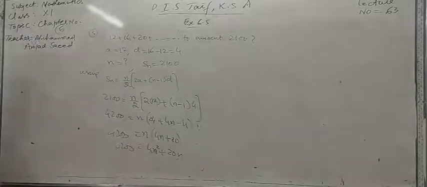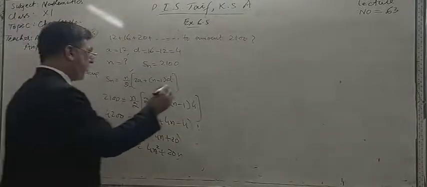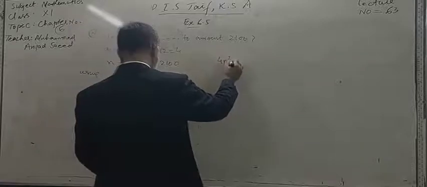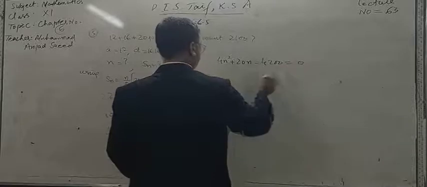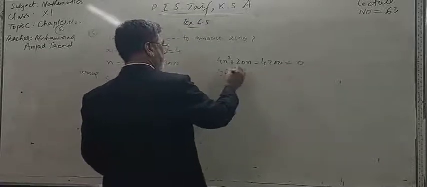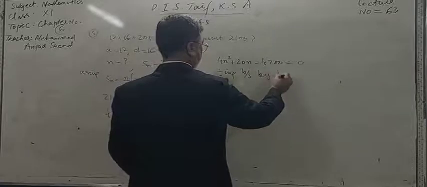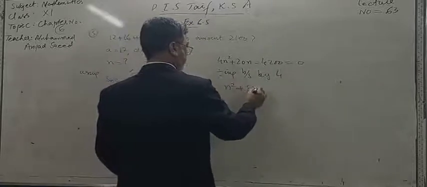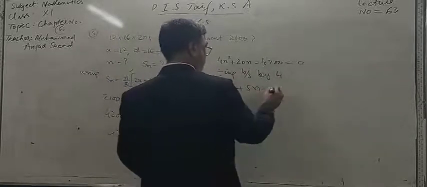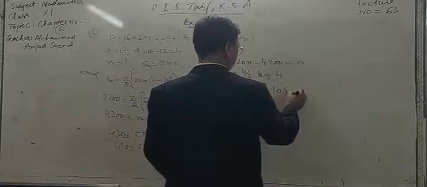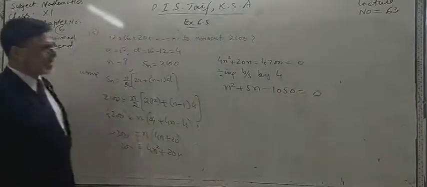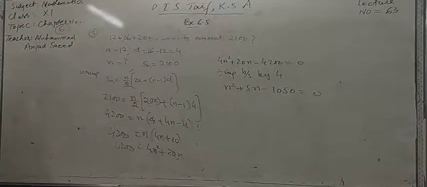Dear students, we can have 4n square plus 20n minus 4200 is equal to 0, dividing both sides by 4. n square plus 5n minus 1050. This is n square plus 5n minus 1050, and we can apply